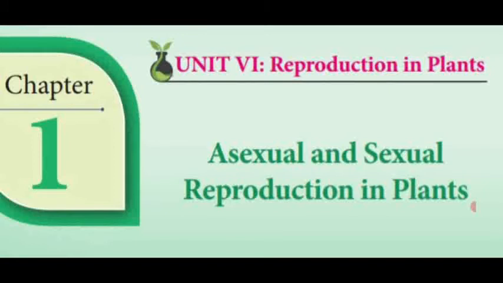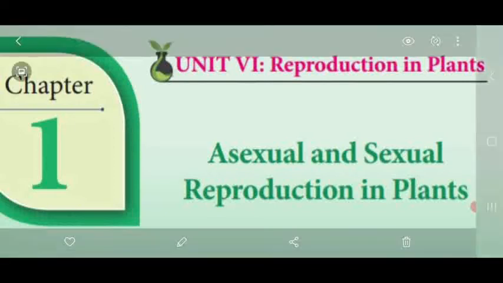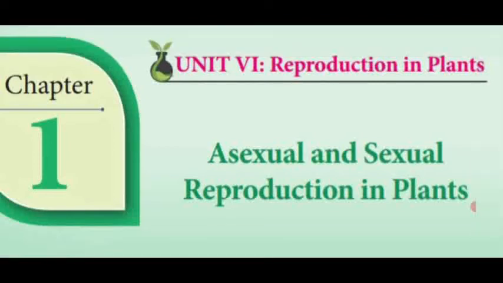Dear students, today we are going to see the different pollination mechanisms which are seen in different flowers. How the insects, that means bees, butterflies and beetles, transfer the pollen grains from the anther to the stigma of a flower. That is said to be the pollination mechanism in different plants.